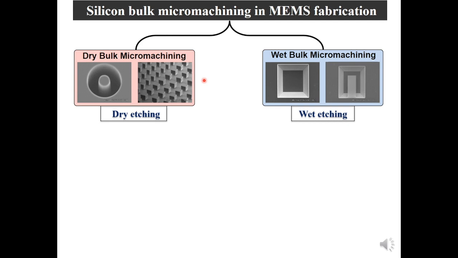On the other hand, wet bulk micromachining, which is performed using wet etching, it has many advantages. For example, it is low cost because it needs very simple setup, and it is suitable for the batch process because at a time we can process number of wafers and we can fabricate slanted side wall, for example 45-degree mirror, 54.7-degree side wall, and it is highly suitable to remove the underneath material to fabricate suspended structure.